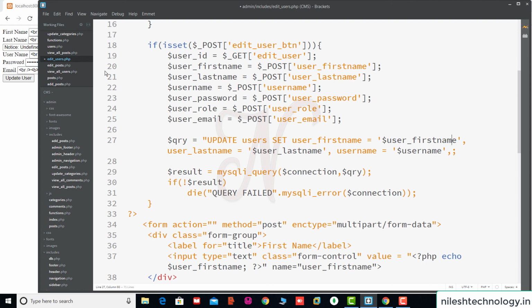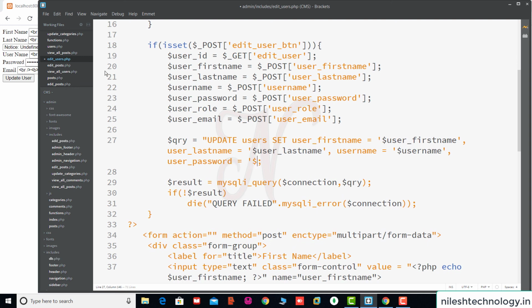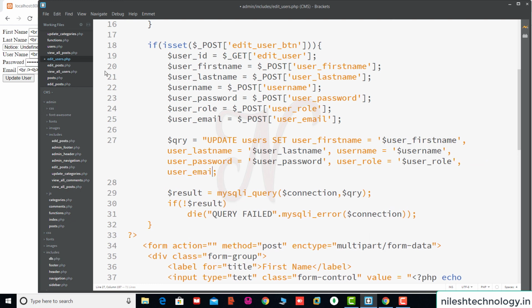Okay, user last name, username, then user underscore password is equal to $user underscore password, then user underscore role is equal to user underscore role, again user underscore email is equal to user underscore email, where user underscore id is your $user underscore id.